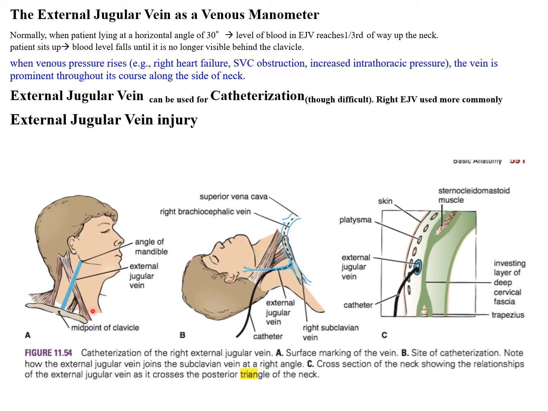As it is piercing it, the margins of the vein will get adhered to the fascia. So if the vein gets cut, it cannot retract, it cannot close. So two things will happen. There will be a lot of blood loss. Secondarily, air is sucked in due to negative intrathoracic pressure. This might result in air embolism. So to prevent this, the deep fascia has to be cut. So remember this point about the external jugular vein.